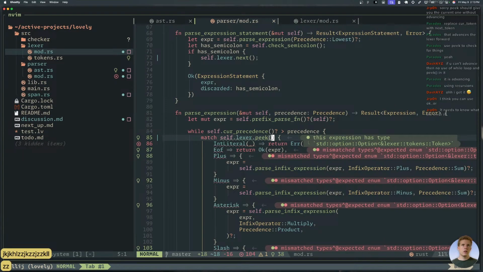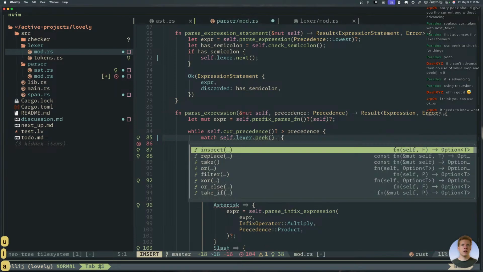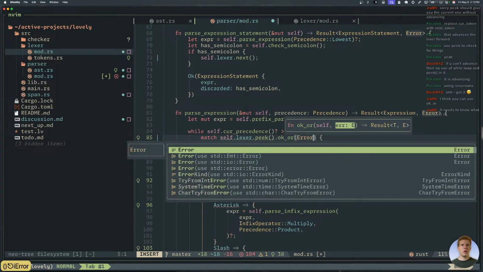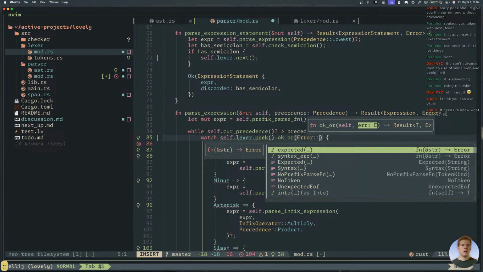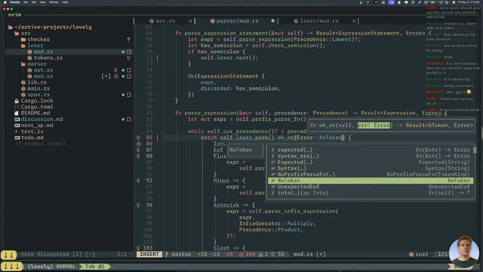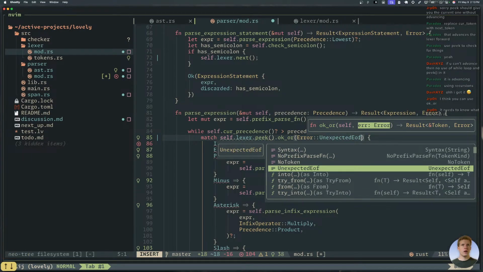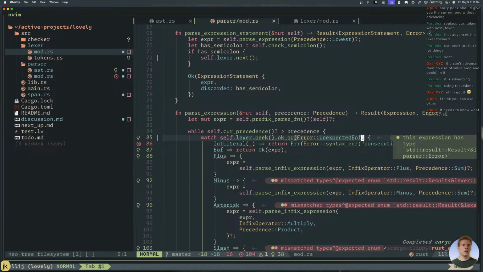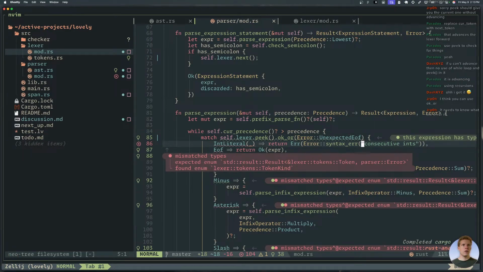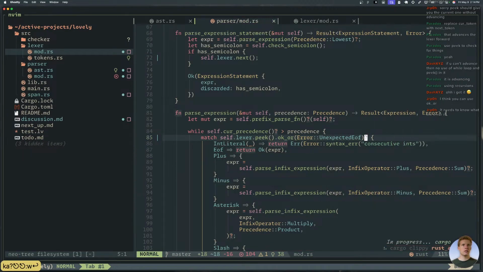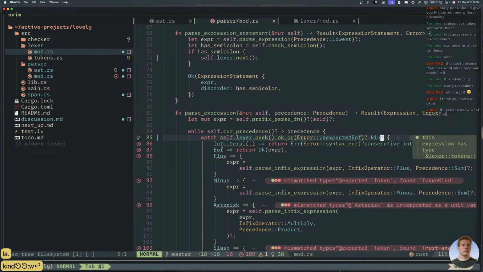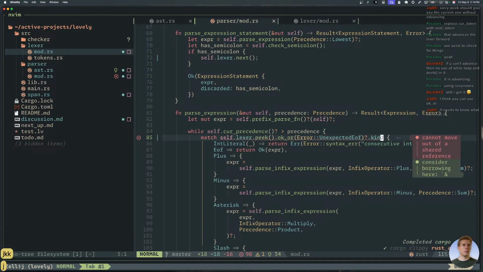So this is going to be token.peek, or error: unexpected end of file, right? Now we have, okay, and then we question mark this. And now we have a token, and then we do dot kind. That would be quite nice.